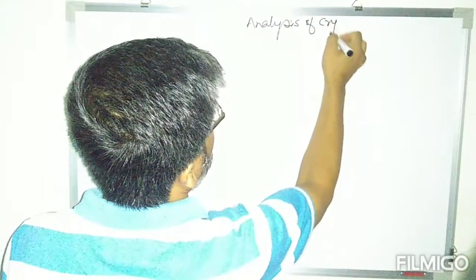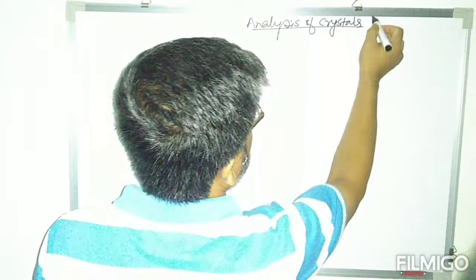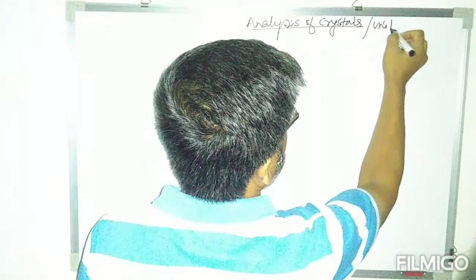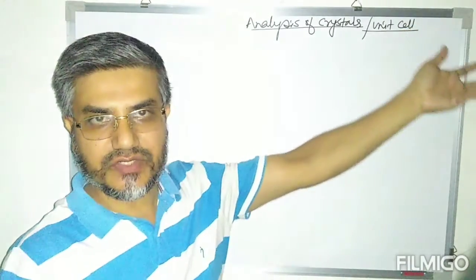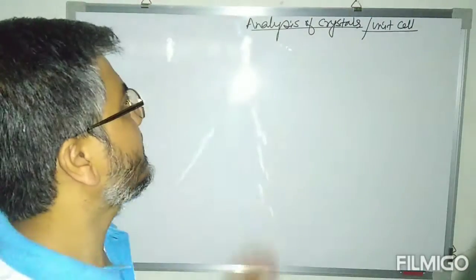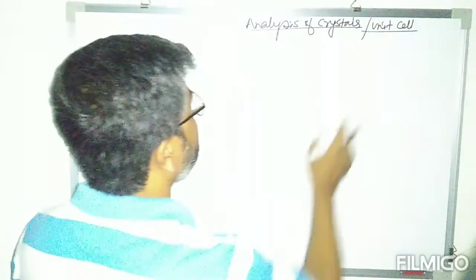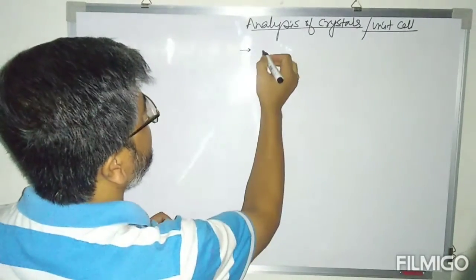Analysis of crystals. This is nothing but the unit cell. So the properties of a crystal are nothing but the properties of its unit cell. So once we identify the unit cell, we can easily identify the properties of the crystal. So analysis of crystals. Under this heading, we are going to discuss